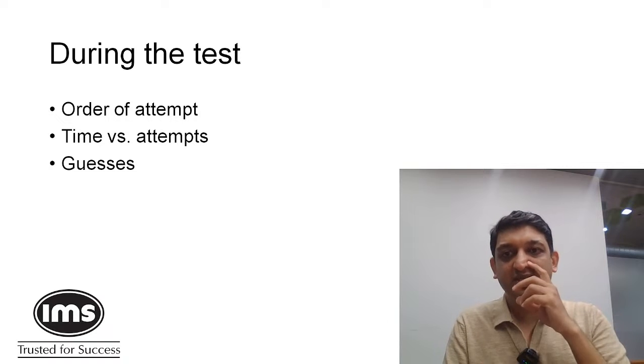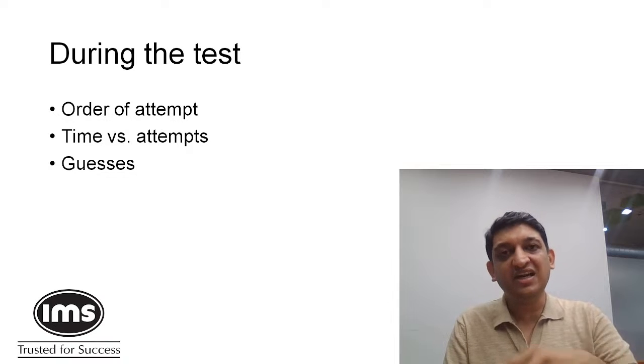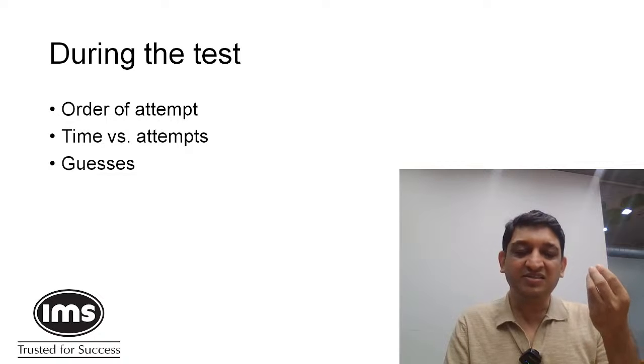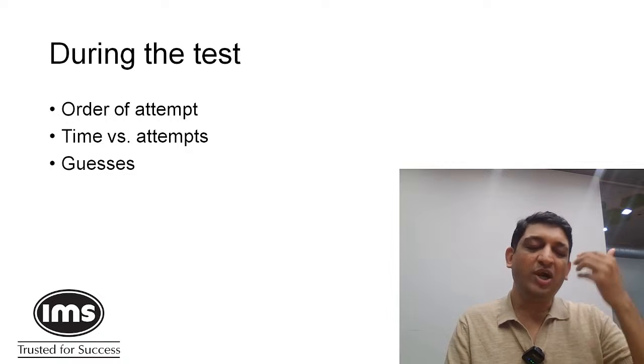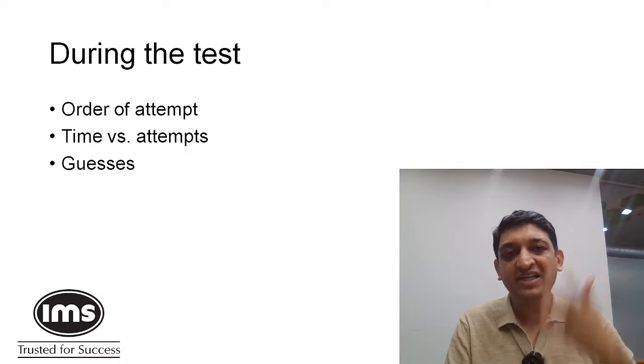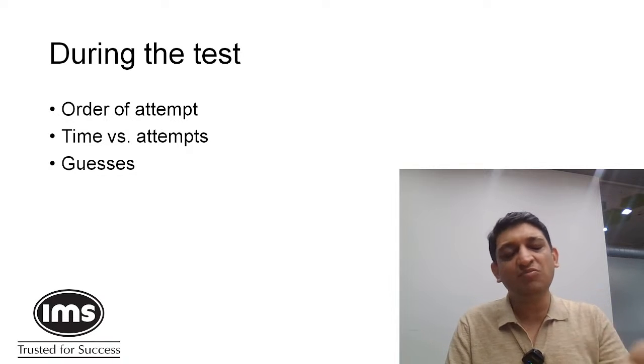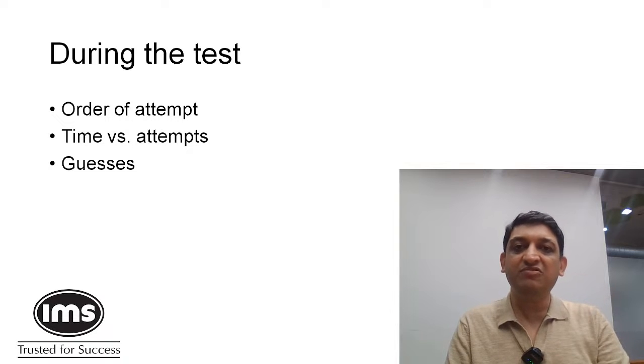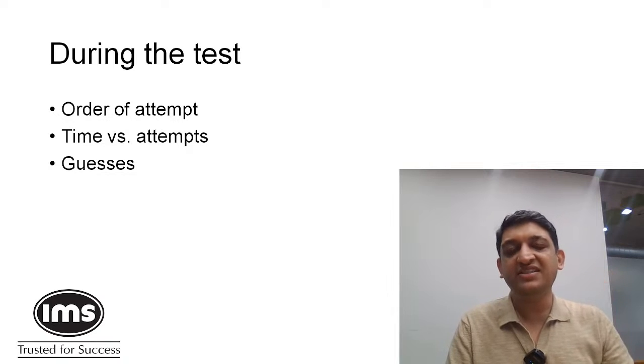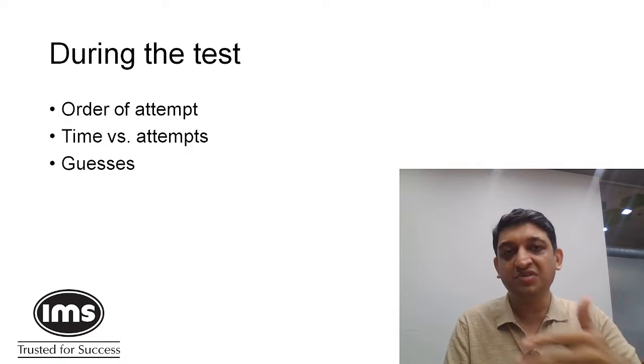So even the last Sim CET that I attempted, I could not mark 4 answers because I started marking answers randomly very late. Now if I knew that there is a DI set which I will not be able to solve without pen and paper, कुछ भी हो जाए I will not be able to solve without pen and paper, I should have simply marked C as my random answer and moved ahead in life. But I did not do that, right? So those kind of things you have to be very clear about and make sure that your guesses are also getting registered slowly, gradually as you are progressing.